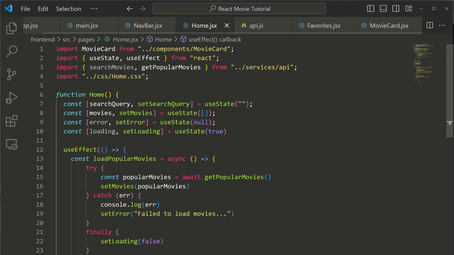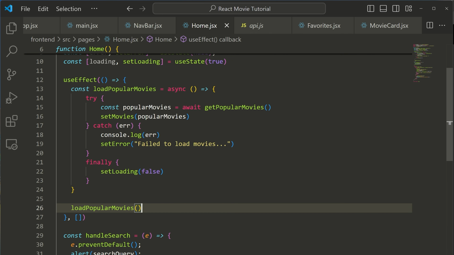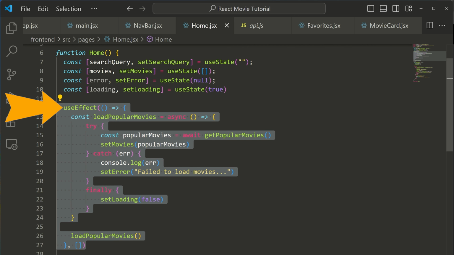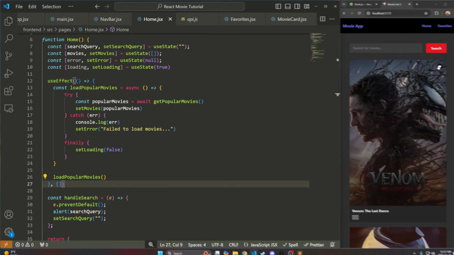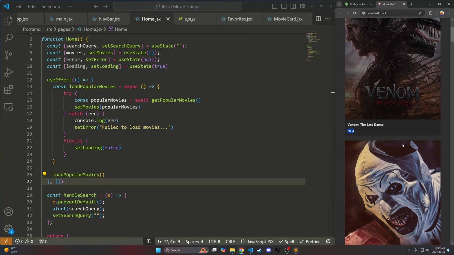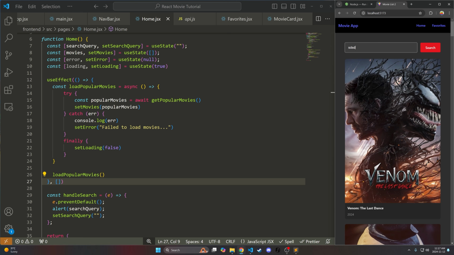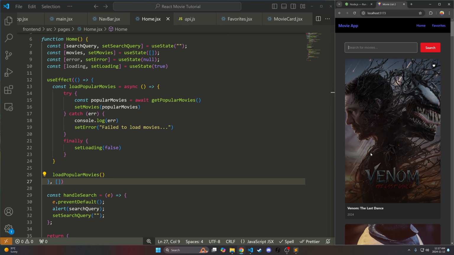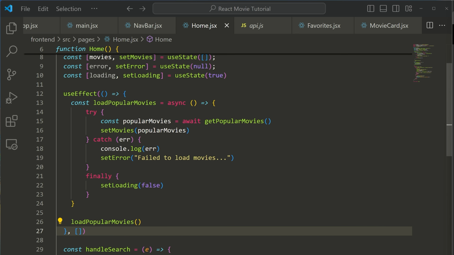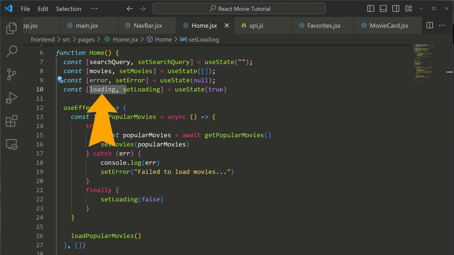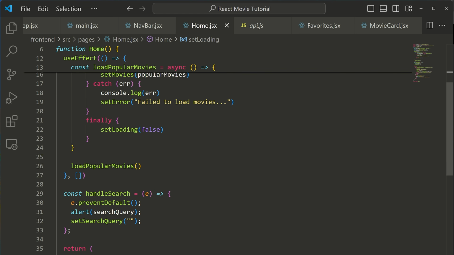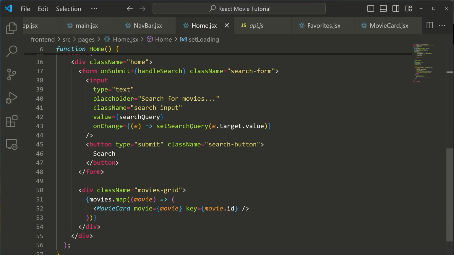Okay, so let's go back to home and notice now that we're loading our movies using the useEffect. This useEffect only runs when this component is re-rendered. So if I change something like I like one of these images, or even if I start searching for something, we don't call this again. So now what I want to do is I want to actually display the error state if we do have any error, and I want to display the loading state as well so that we can see if this is currently loading. So what we can do is we can go here to our movies grid and we can start